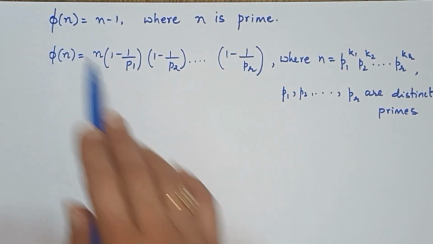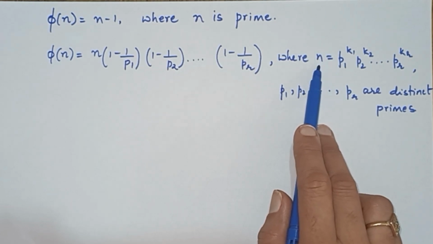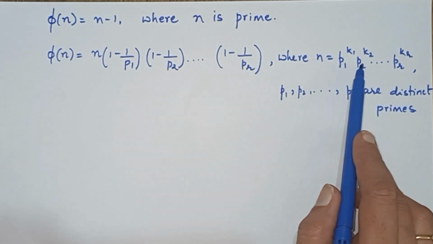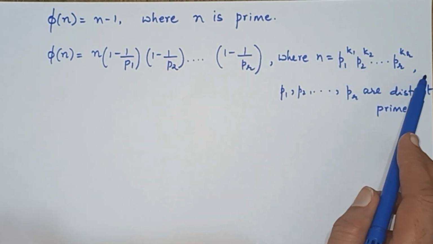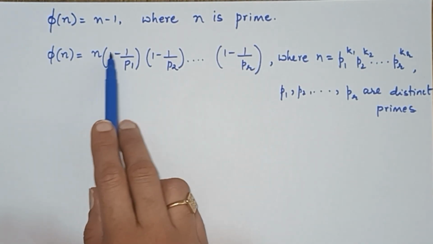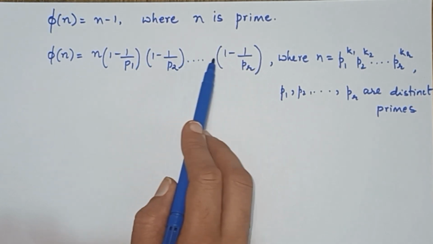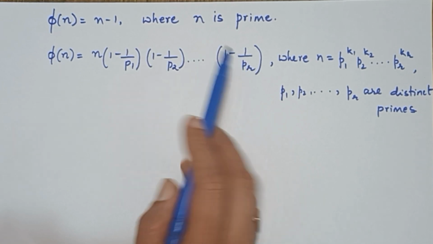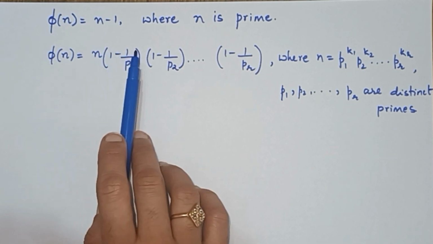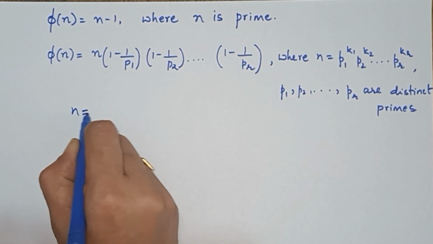If n is not a prime number, then it is composite. That composite number can be expressed as a product of primes in a unique way, where the individual primes are all distinct. In that case, Euler's phi function is given as n into 1 minus 1 by p1, into 1 minus 1 by p2, and so on up to 1 minus 1 by pr. This result helps you find Euler's phi function for any positive integer n. See, for example: